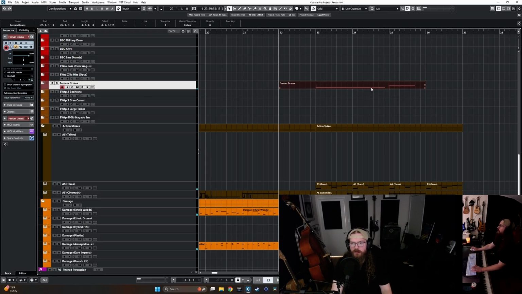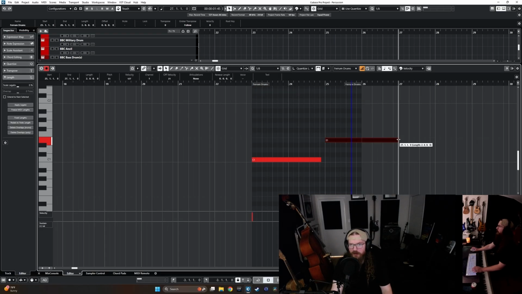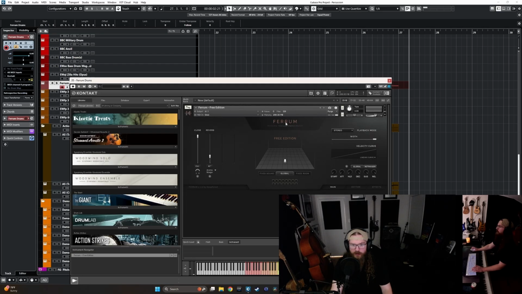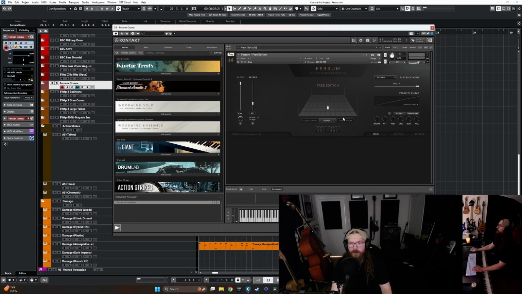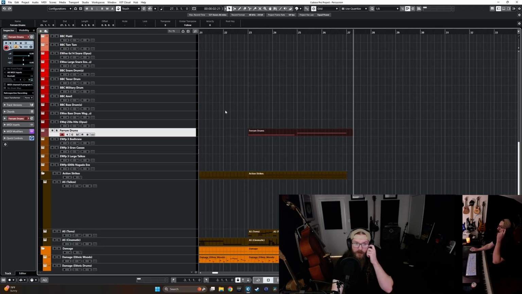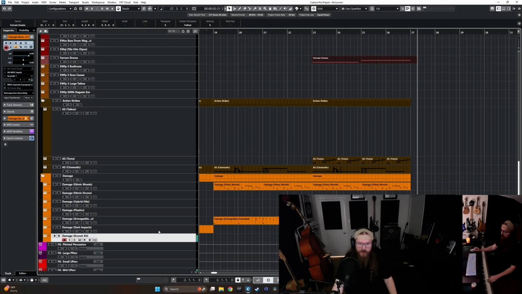And this is starting to sound very much like trailer music now, which is right up my alley of how I start to write stuff. And these are literally called Ferrum trailer drums. This is the free version, by the way, from Keep Forest. Very, very good library. For a free library, you have to have the full version of Contact, but other than that, you're good to go. And then we have this nasty,